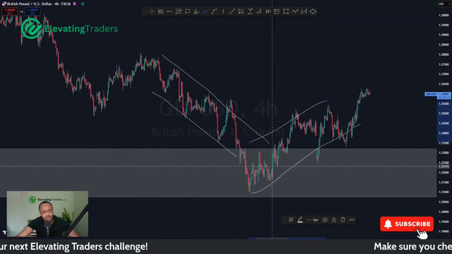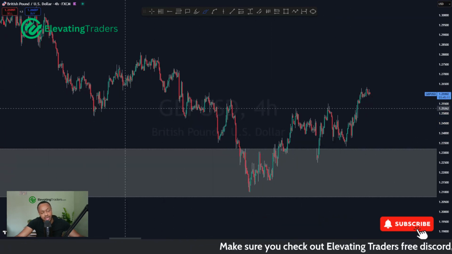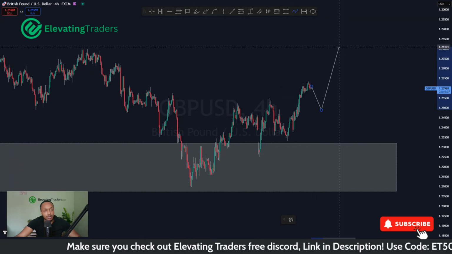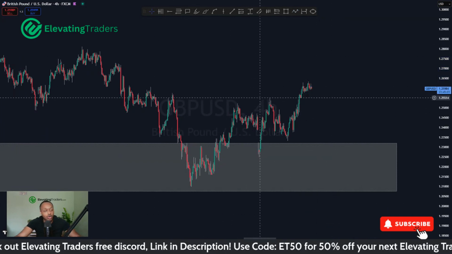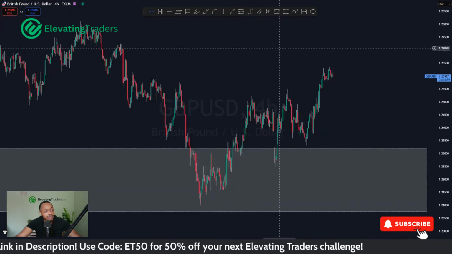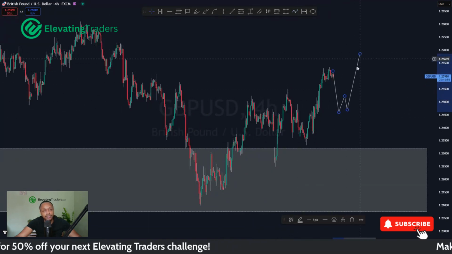Looking at price, it's very, very slow orientated. All the momentum is lost from that bearish trend we've had. So it does look like price is getting ready for a bigger move to the upside. And of course, taking into consideration the areas which we are coming from, it does look like a higher low could form. So with pound USD, looking for another move to the downside, for another higher low, for another push to